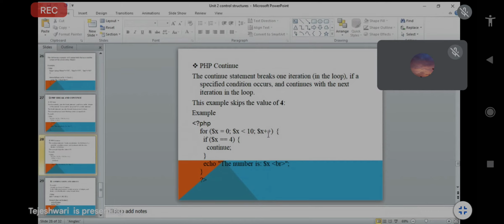The loop continues 0, 1, 2, 3, and when it becomes 4, that condition is met, $x is equal to 4, yes, then only that 4 will be skipped and all the remaining values until 10 will be printed.